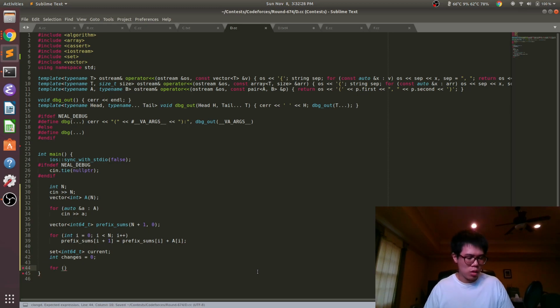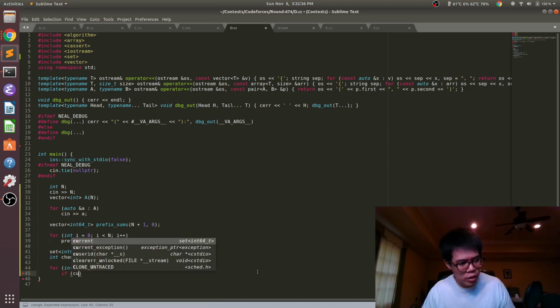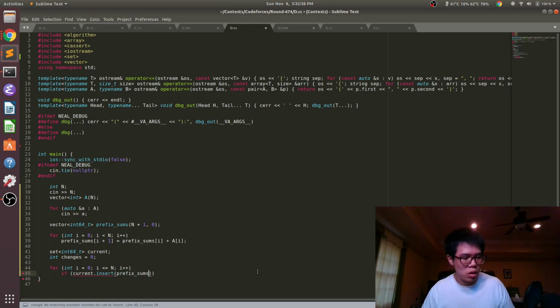So we're just going to go through the sums, and we're going to try to insert the sum. And we can actually use the return value of insert. If you use .second, that gives you true if the insert succeeded and false if it didn't succeed. So in other words, false means that the sum is already in the set.